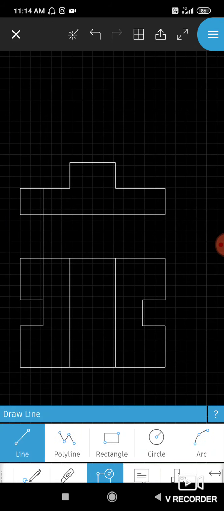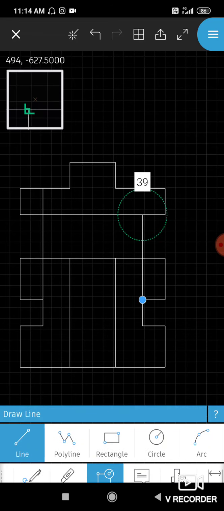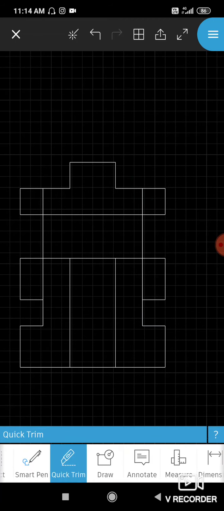Completed. Again line command, up, completed. Now use the trim option, you can trim this. Okay, now the diagram has been completed.